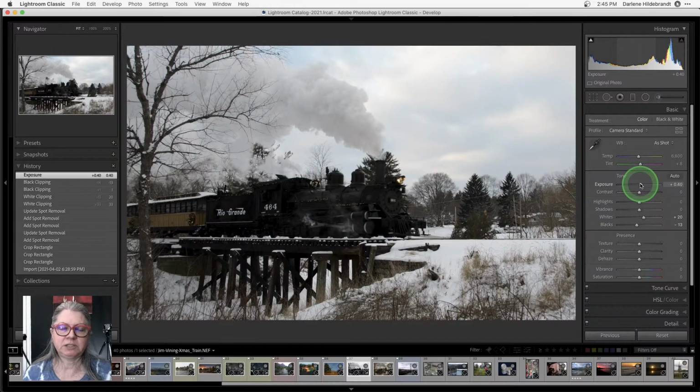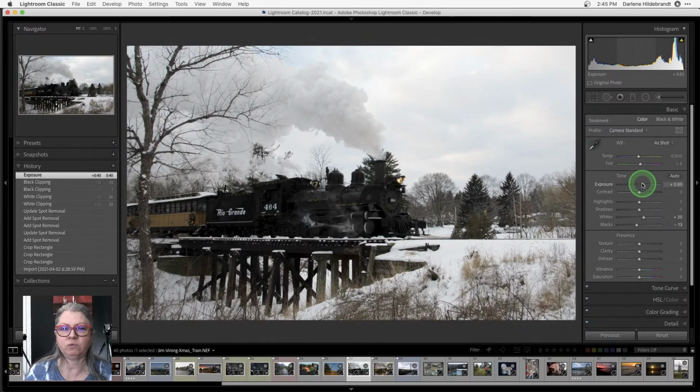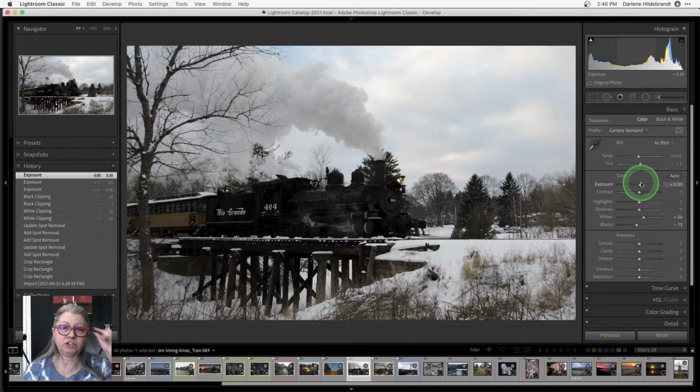Something else that is a common misconception is that if your image is underexposed, you want to crank the exposure slider. You'll notice that when I talked earlier about using the sliders, this slider here affects the middle of the histogram. Can you see that grayed out right here? Okay, so it's actually affecting the midtones more than the rest of your image. Okay, so if you want to stretch the histogram out, use the black and the white sliders first, and then if you want to brighten it overall, then use the exposure slider. Okay, so I do find this one could have a little bit more exposure, but I'm not going to go overall because I'm going to do it just to the train.